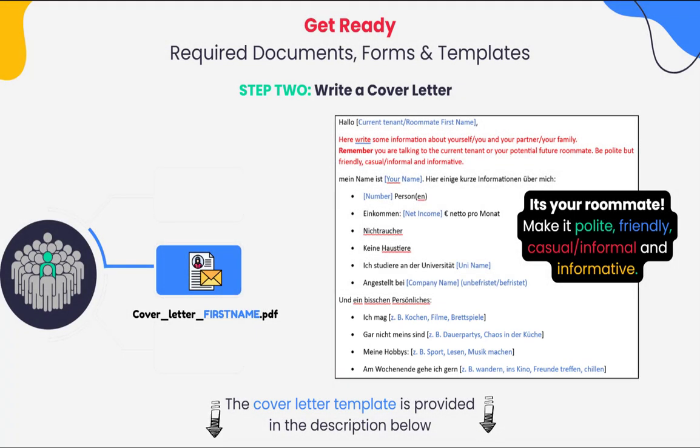In almost all shared apartment ads, they usually include information about the current tenants, who they are, their ages, the languages they speak, their interests, and what they are looking for in a new roommate. This is super useful because it lets you learn more about your potential future roommates. You can then highlight any common interests or similarities in your cover letter, which helps you stand out and show that you would be a great fit. The goal is to write a human relatable letter and not a dry formal summary. Sharing personal details can connect you with potential roommates and maybe even discover common interests.